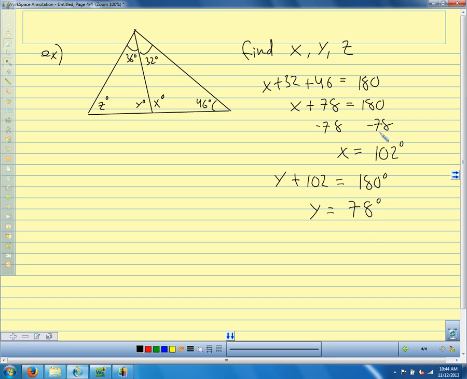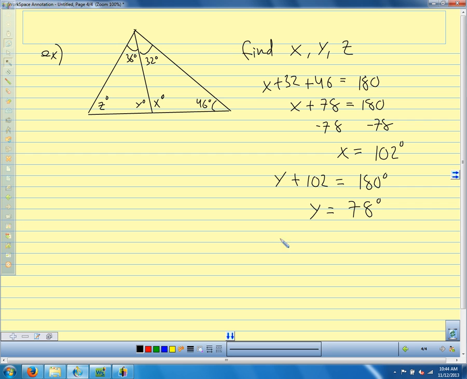Isn't this what we saw on the opener? That and that are the same. We'll talk about that in just a second. So x is 102, y is 78, and all the angles in this triangle have to add up to